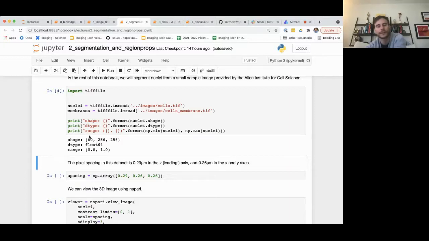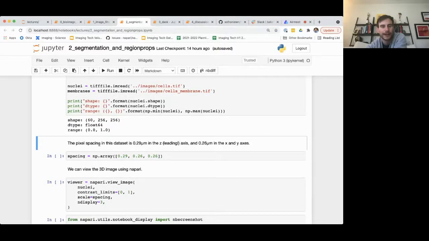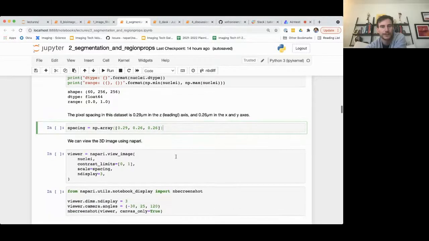And so you can think of this as a Z by a Y by an X. They're all between 0 and 1. They're floats. And the pixel spacing of the data set is 29 microns in the leading axis, and then 26 and 26 in X and Y. So it's a little bit